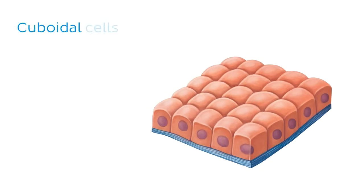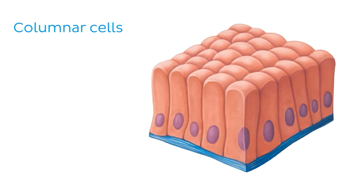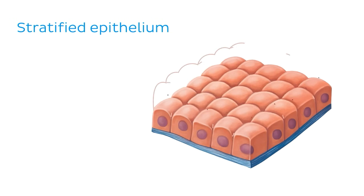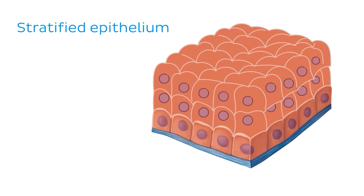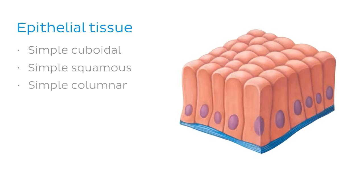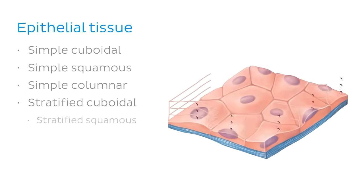As the name suggests, cuboidal epithelial cells are roughly cubish in shape, meaning that they're roughly equal in height and width. Squamous refers to scale-like, thin and flattened cells, while columnar describes these tall, column-like epithelial cells. Simple epithelium refers to a single cell layer, and stratified refers to multiple cell layers. It is this shape and arrangement of the epithelial cells which typically determines the name for each epithelial tissue. For example, we can have simple cuboidal, simple squamous, simple columnar, stratified cuboidal, stratified squamous,